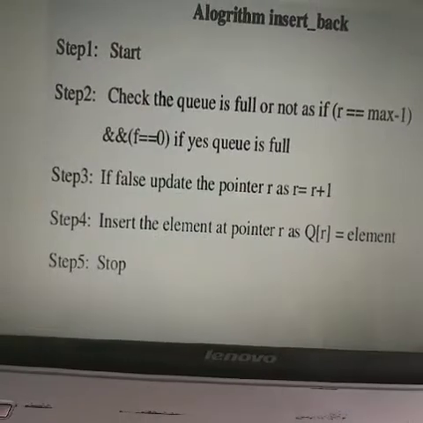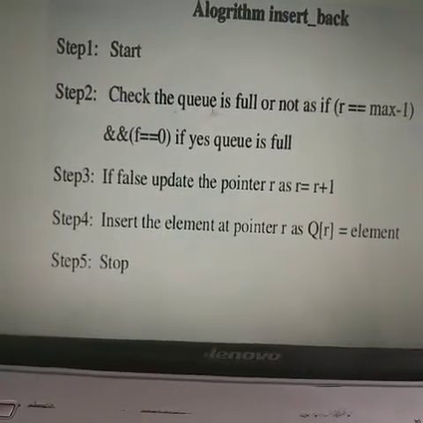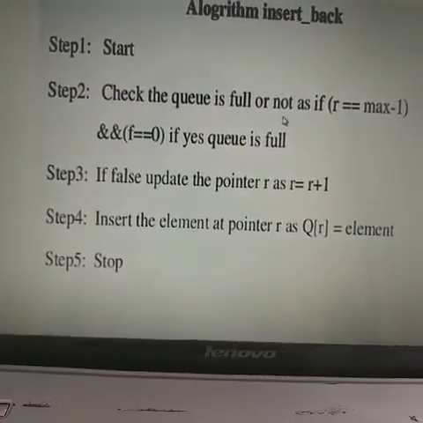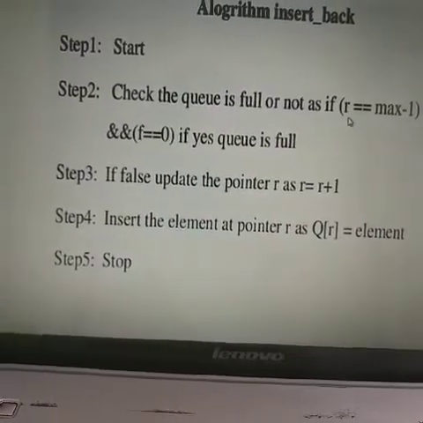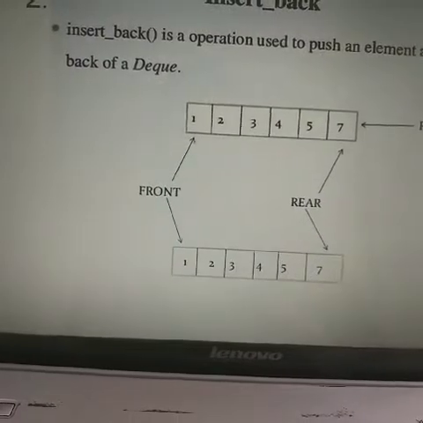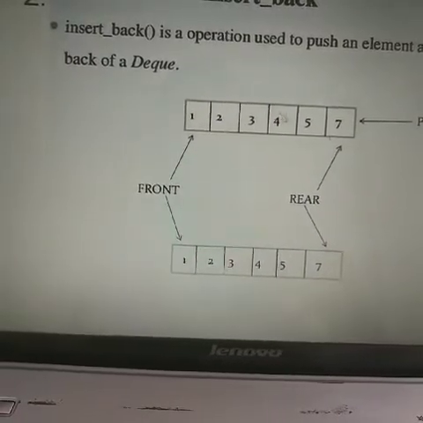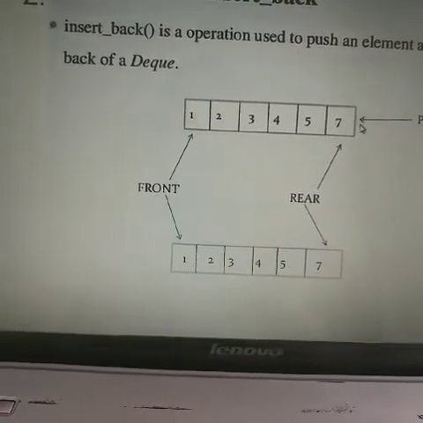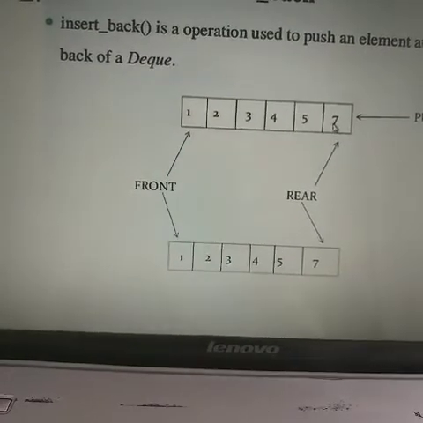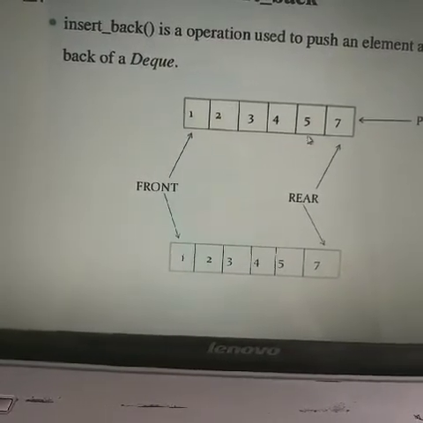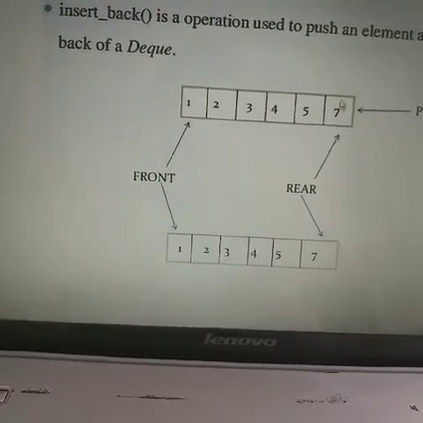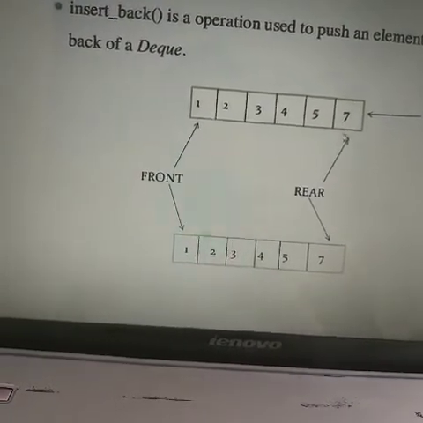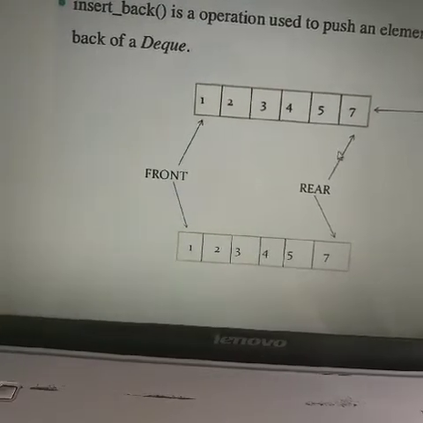Now the algorithm is: we start, and firstly we check whether the queue is full or not. If the size of the queue data structure is 6 and all the elements are placed up to the 6th position, then the queue is full and we cannot insert any value into the queue. To insert any new value into this queue, we have to delete a value first.